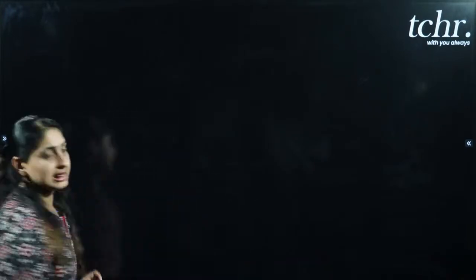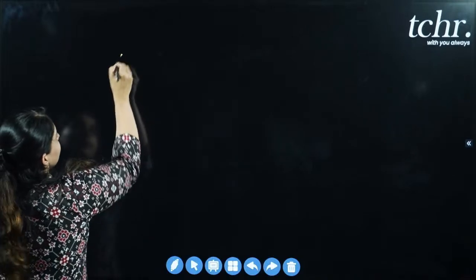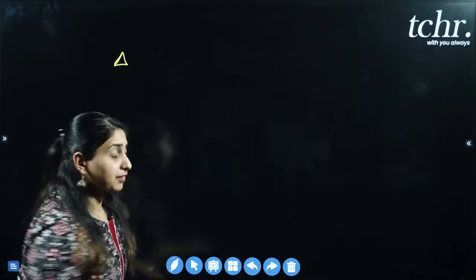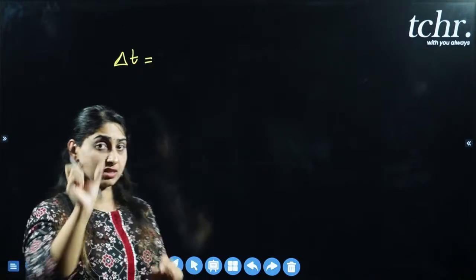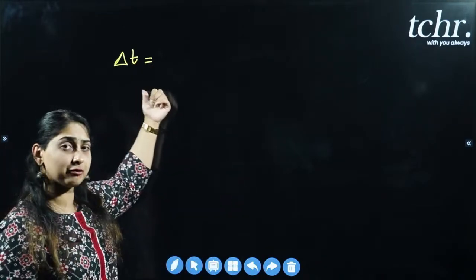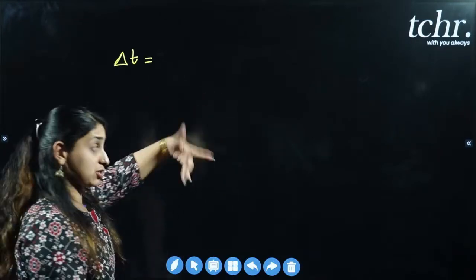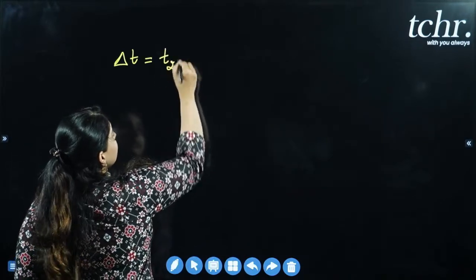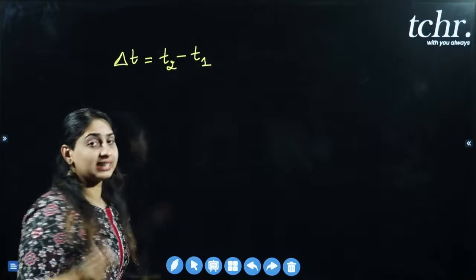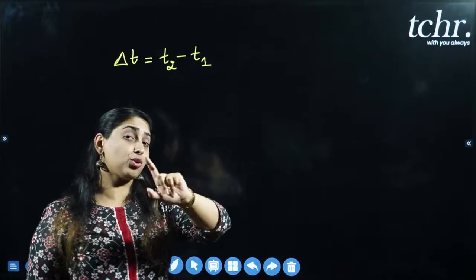Next. So now, based on the previous expressions that we have written, can you tell me what is delta t? Delta always represents a small change. ಅಲ್ವಾ? Delta symbol ಅನ್ನ use ಮಾಡೋದು, small change. So what is delta t in the overall reaction based on the previous slide's explanation that I had written? Delta t is t2 minus t1. And the final time that we had considered minus the initial time that we had considered throughout the reaction, right?